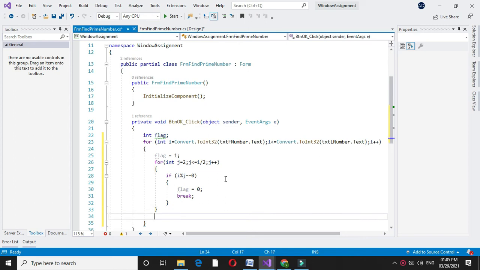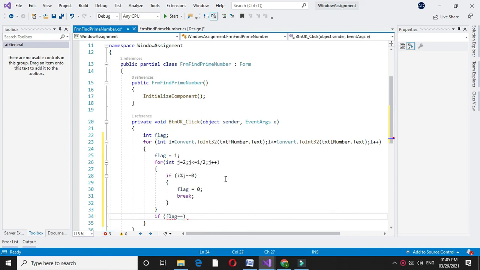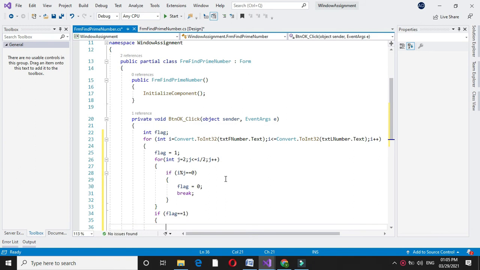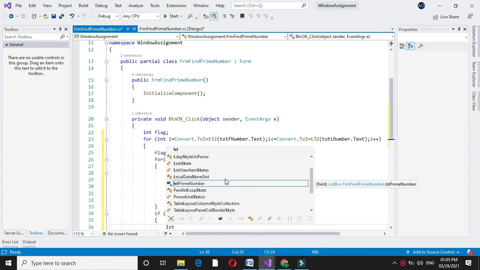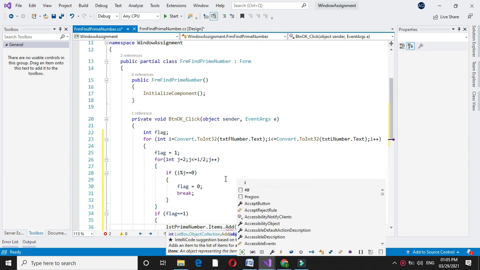And after completing this second for loop, I will check if flag value equal to 1, then I will insert this prime number to our list box. For this, the list box name, that is lstPrimeNumber.Items.Add(i).